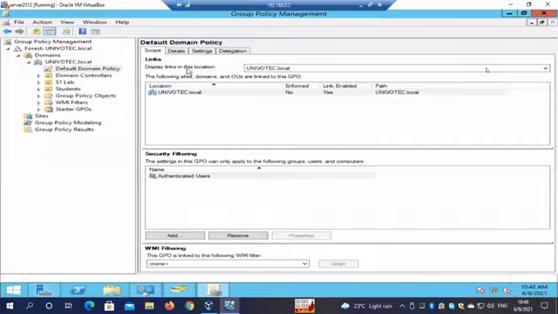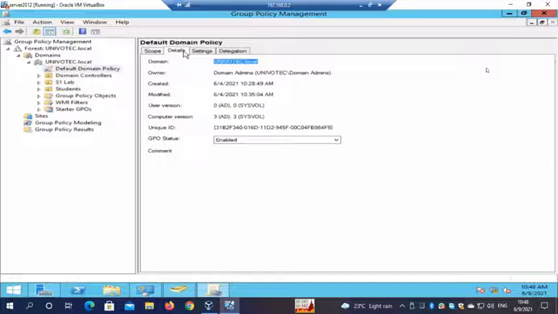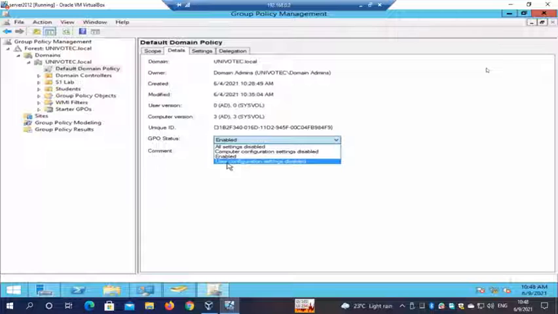So here I can just check if I go to details. Yeah, it will show me some details about this policy. So this is currently enabled, right? I can change the settings also.